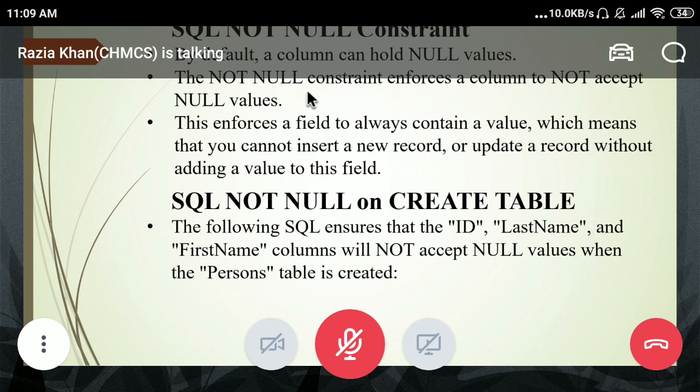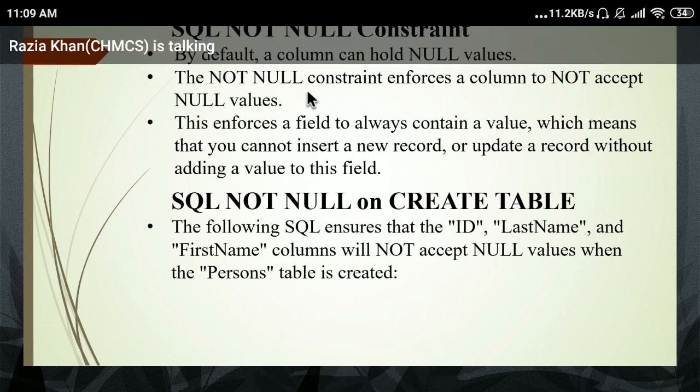If the user does not enter any data in that column, if the user leaves any column blank, then it displays an error. Because NOT NULL means your column will not be null. It will not accept any null value. You can't leave your column blank if you apply the NOT NULL constraint. Clear, everyone? Yes or no?